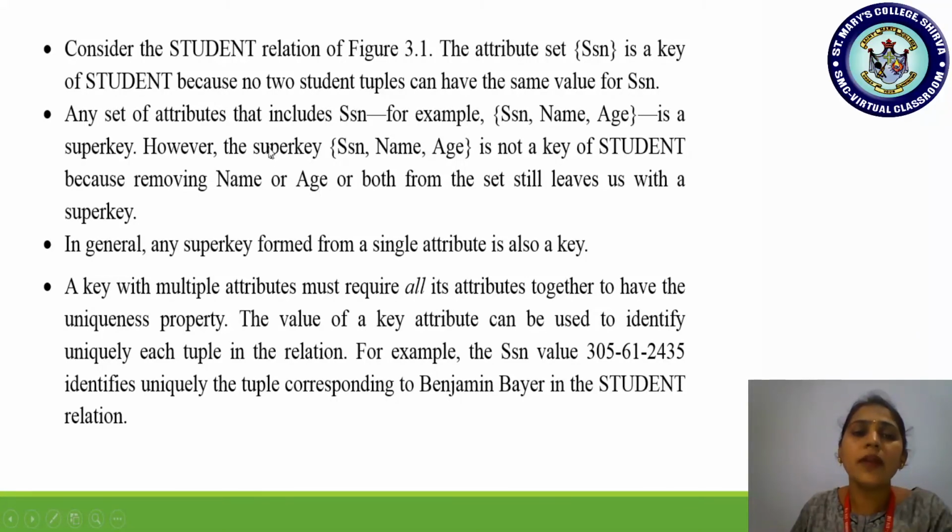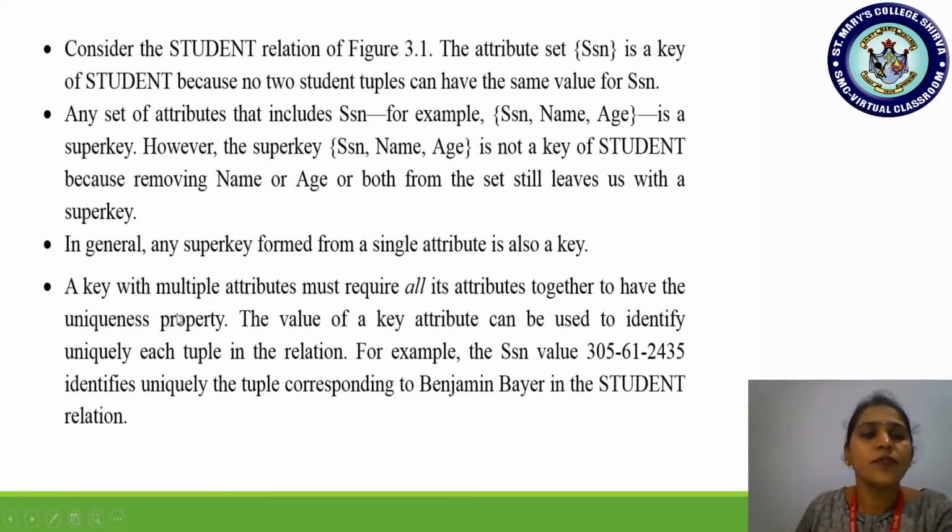Remember, always remember, a super key, which is a subset of attributes, doesn't act as a key of a student, because if you remove any of the values from that subset, it still leaves the set with a super key attribute. So that is why they tell that removing any of the information in that subset still makes that particular tuple unique, or it tells that it is a super key value. It is a super key attribute.